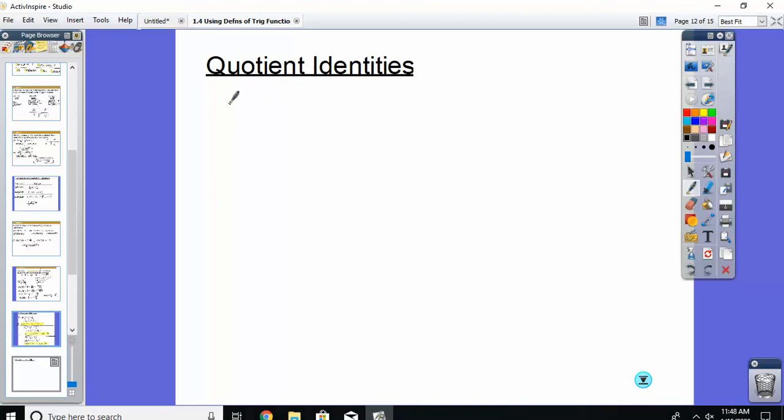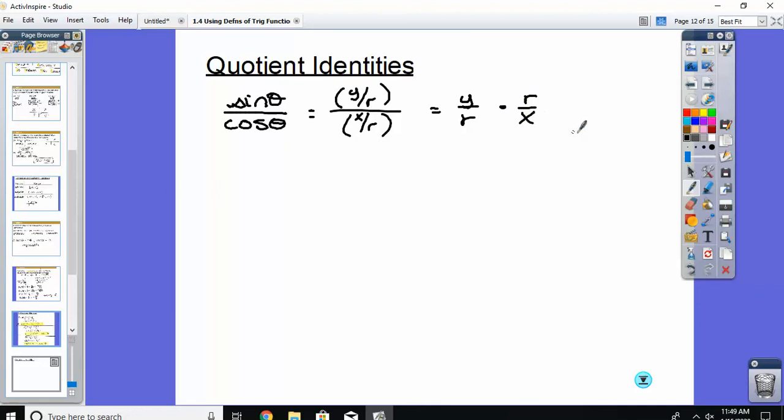If I wanted to divide two functions, if I take sine divided by cosine, I want to know what that equals. If we're not sure, we can use our x, y, and r definitions. What's the definition of sine? Y over r. Definition of cosine is x over r. How do you divide fractions? Flip and multiply. So the r's cancel. You're left with y over x, which is